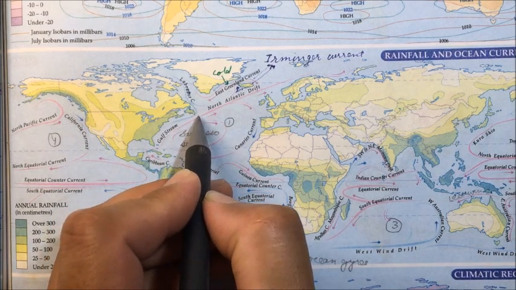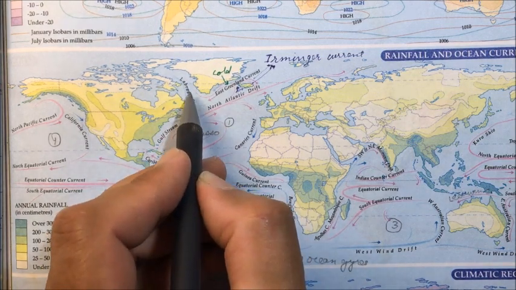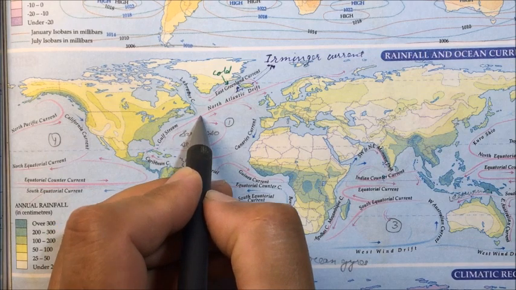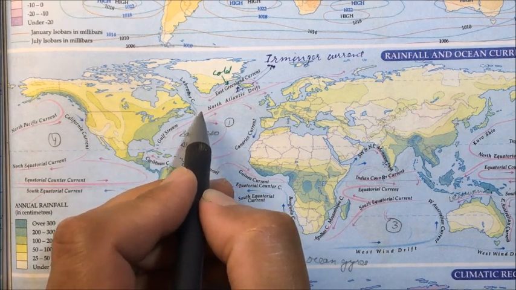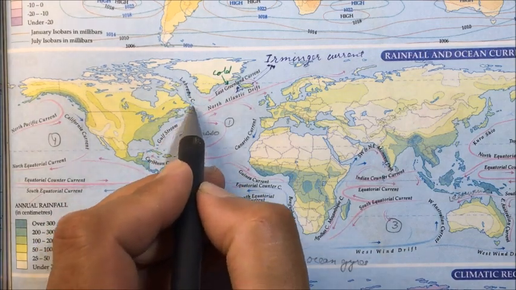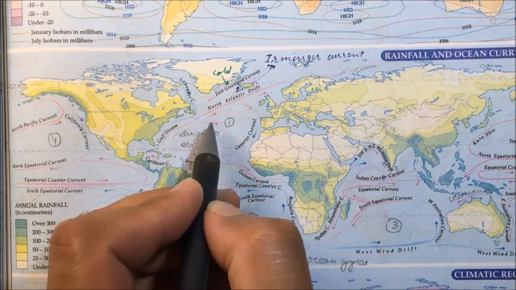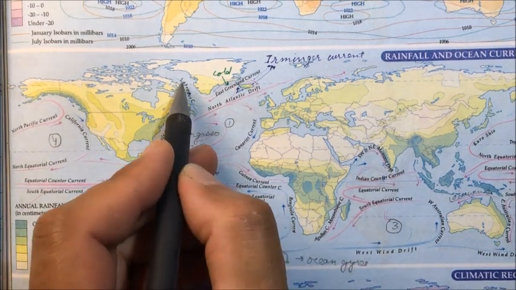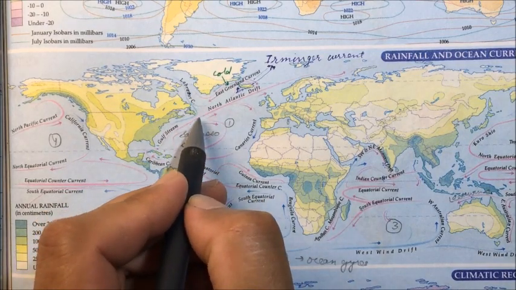It meets the Gulf Stream. Here this Labrador current merges with the Gulf Stream. And when a cold current and a warm current meet, when they merge, it results in heavy fog. So the convergence of the cold Labrador current and the Gulf Stream near Newfoundland results in heavy fog. This region near Newfoundland, where the Labrador current meets the Gulf Stream, they merge here